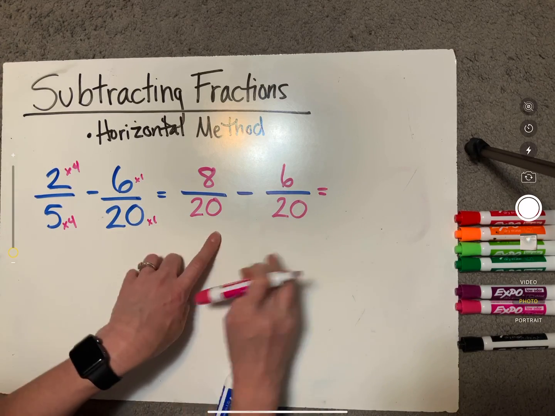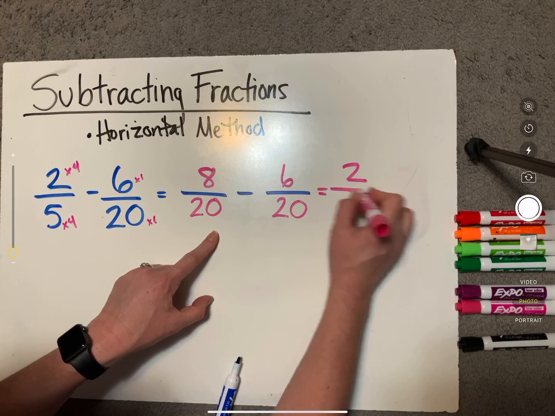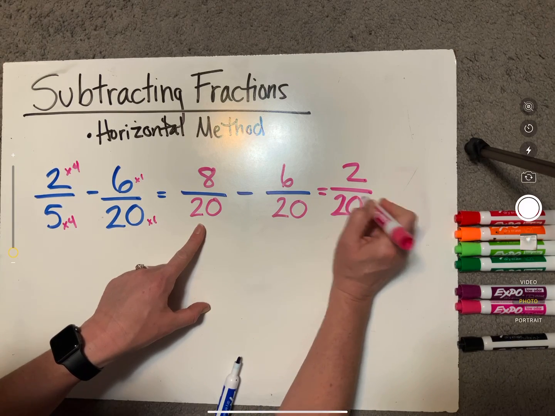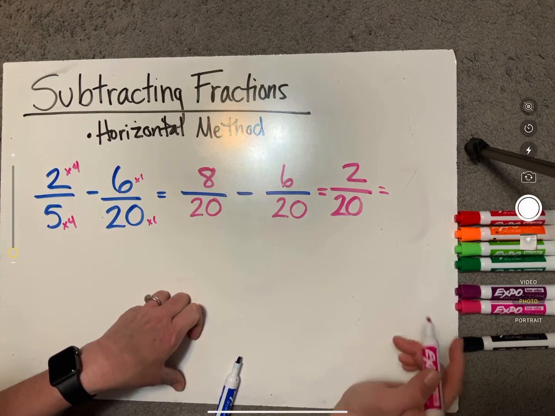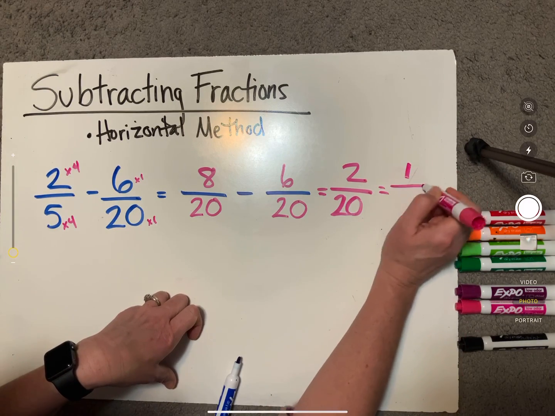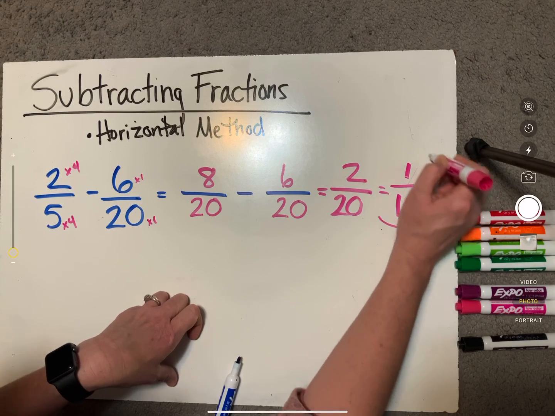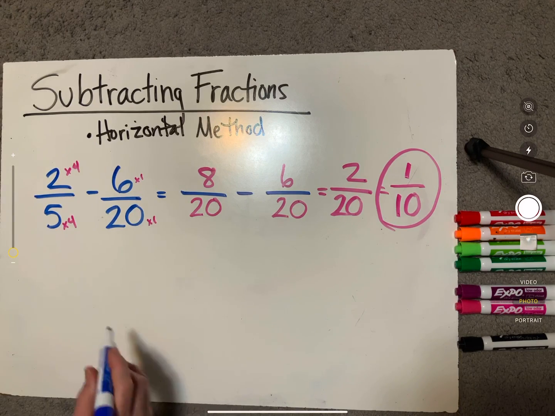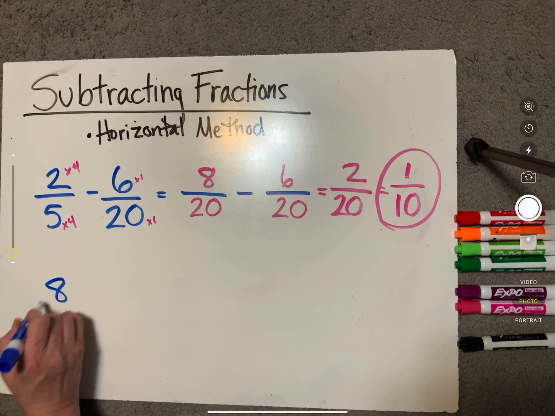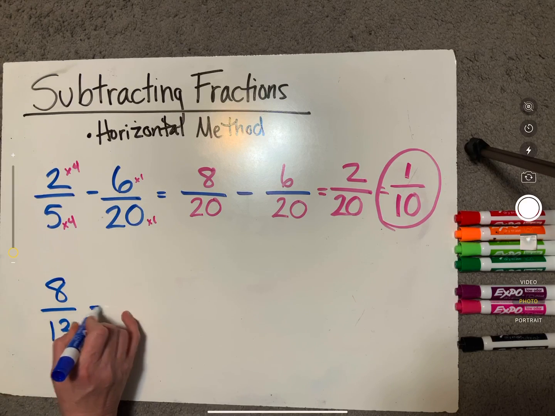Now, when I subtract this, 8 minus 6 is 2, and the 20 remains the same. Now, this is not in lowest terms because they're both even. So let's divide top and bottom by 2, and I get 1/10. And so 1/10 is my answer. All right, let's do one more. So 8/13 minus